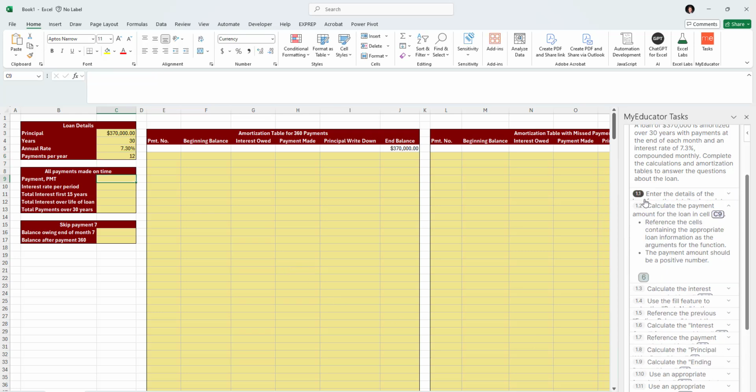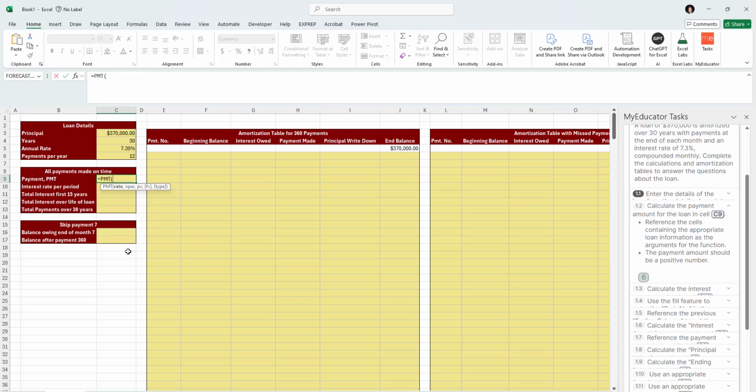That should be done. Calculate the payment amount in cell C9 here. Reference cells containing the loan information as the arguments of the function. So I have to reference these cells up here. And my payment should be a positive number. So